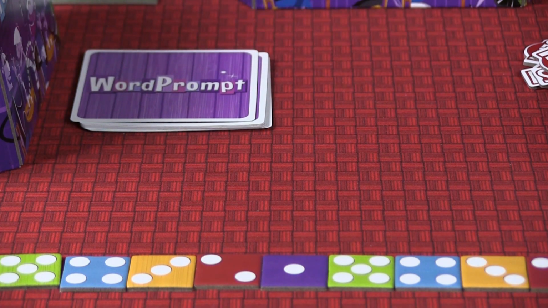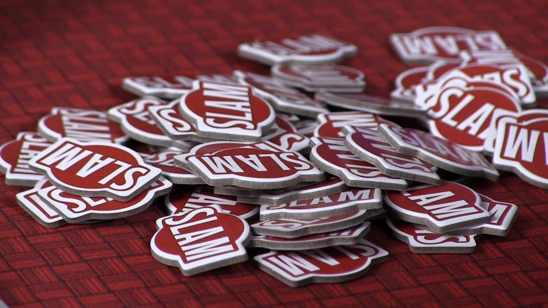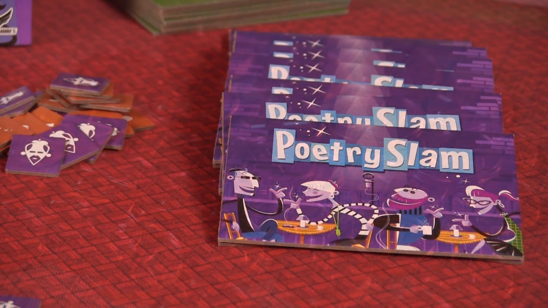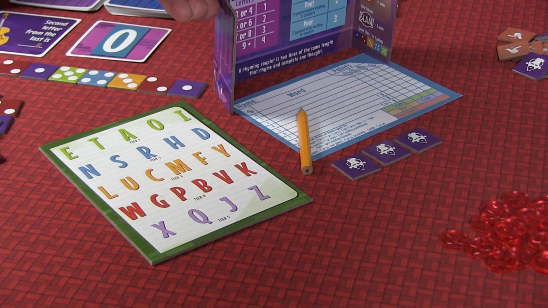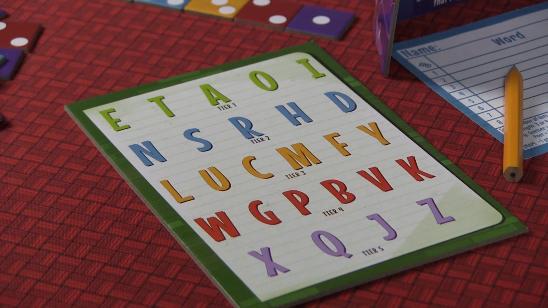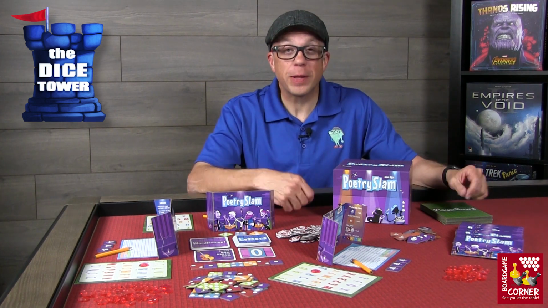You're going to take the word prompt cards and the letter cards. You're going to shuffle them up separately and put them in the middle of the table. Then you're going to grab the slam tokens and the loot letter chips and put them within reach of all players. Then each player receives a screen, a score sheet, and 3 snap chips placed beatnik side up, along with a player board. Then one player is chosen as the wordsmith, and generally this is the player that's the best